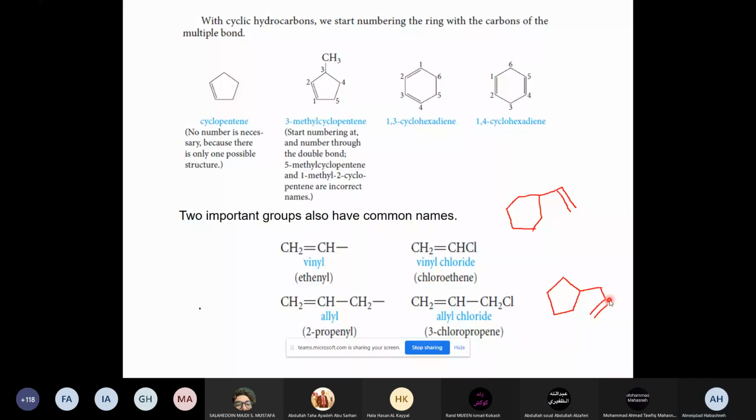The double bond is connected with the parent cyclopentane by CH2. We call it allyl cyclopentane. So the name of this compound is allyl cyclopentane. واضح؟